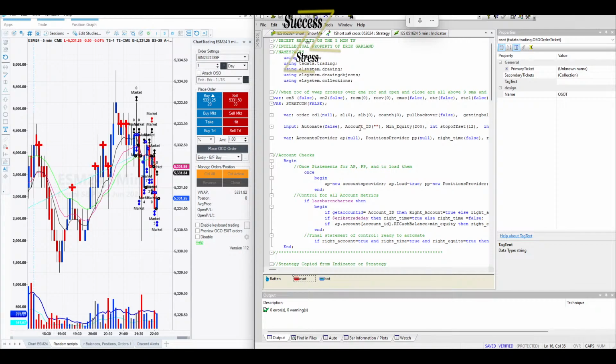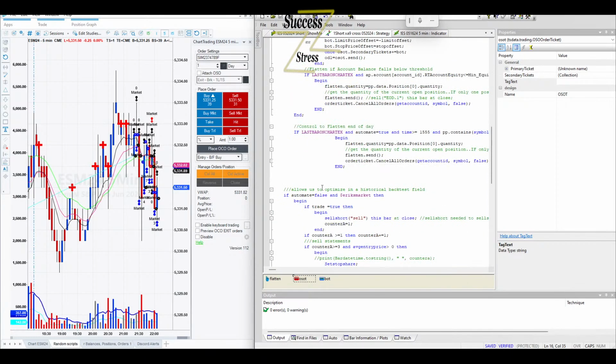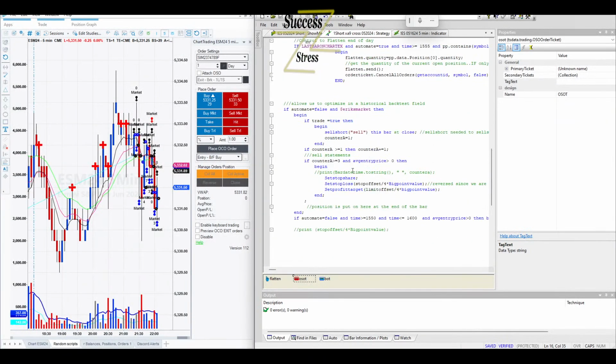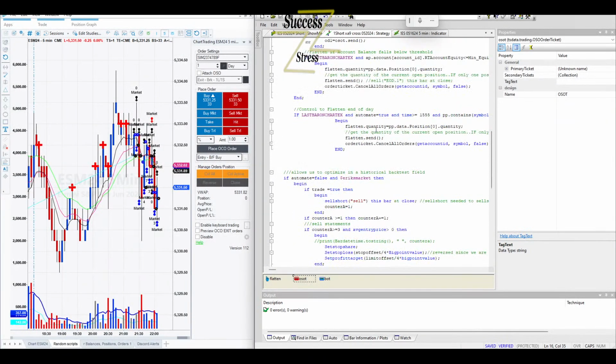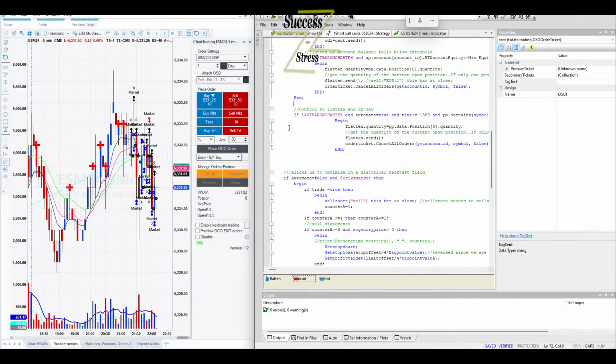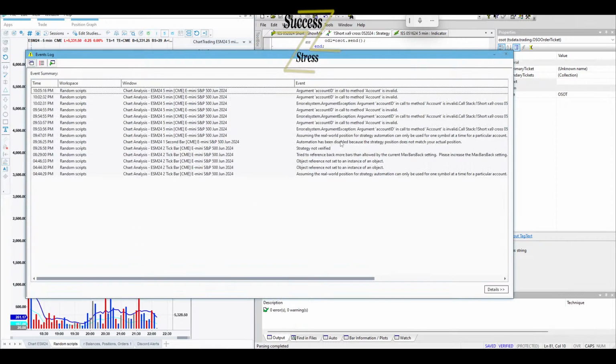Something is weird. The only way I can sort out if it's this right here is by commenting this out. I'm going to comment that out, verify it, come back over here, turn it back on. Still gave us the same error.